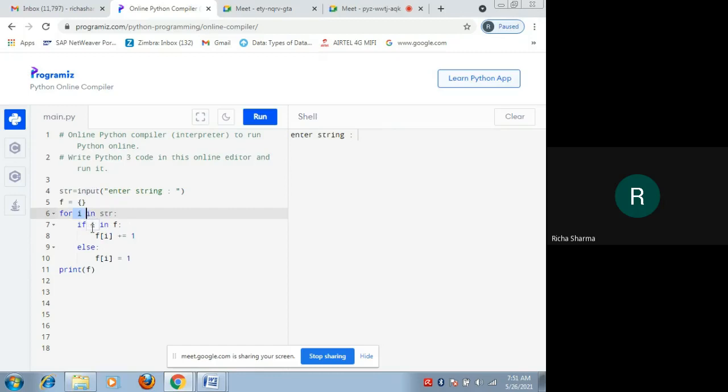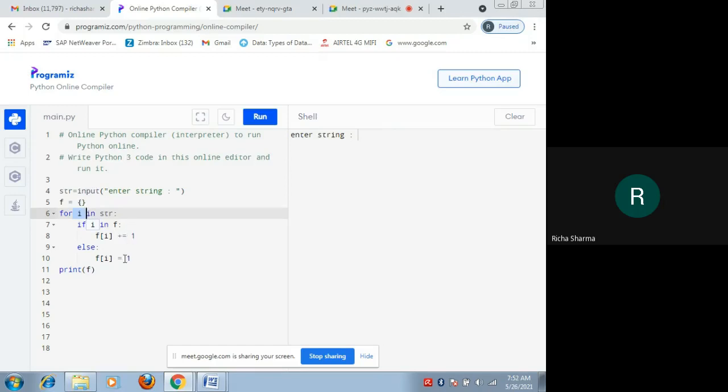If G in f, yes, this time G is already present in f. So we will execute step number 8: f of G is equal to plus 1. So f of G will now be 2. So the occurrence of G will be considered as 2 this time.